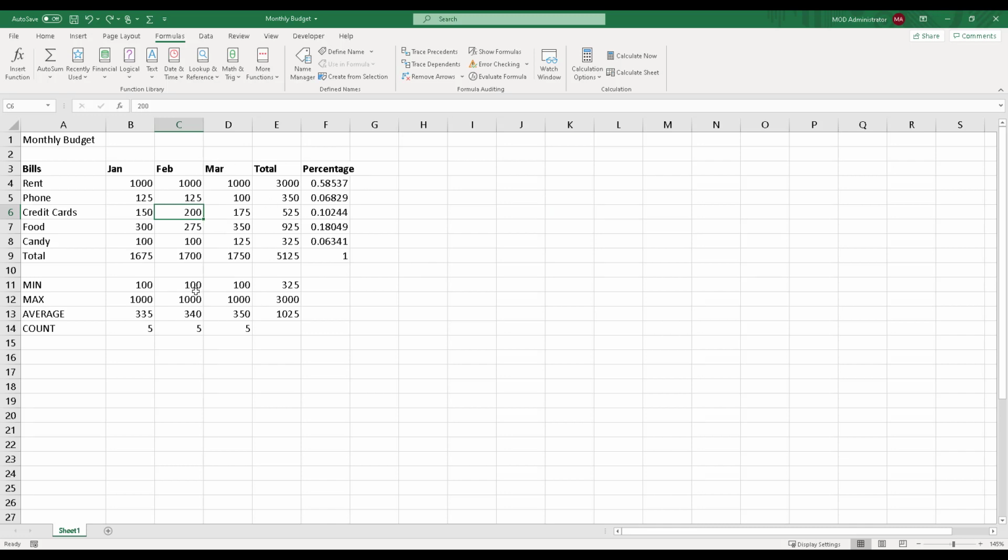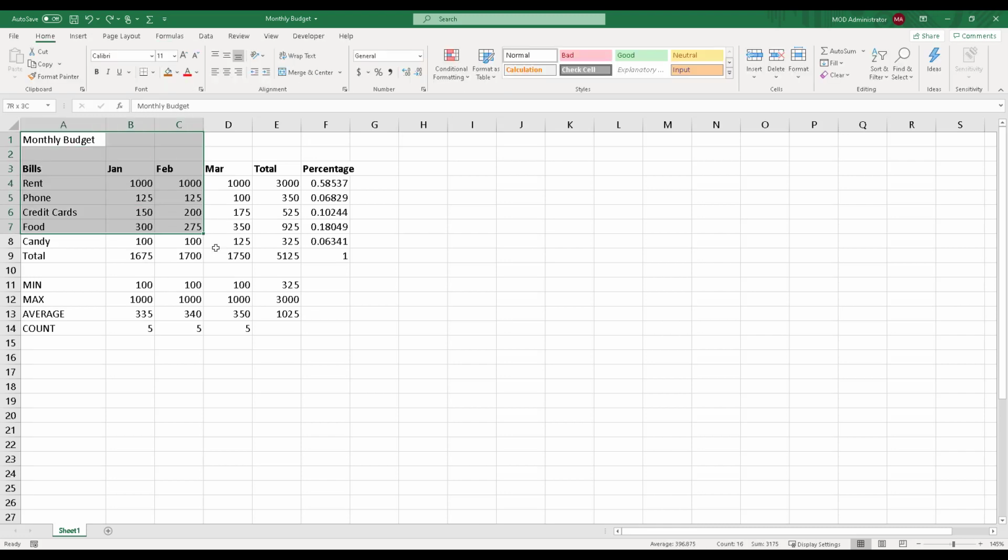There's another way to do that. Whatever you want to move, you can also cut it and then paste it in a different location. For example, I select all this content and use the shortcut key Control X. If you do not want to use the shortcut key, there is also a button called Cut under the Home tab. I will use Control X to cut it. Once you cut it, you will see the borders change to marching ants.